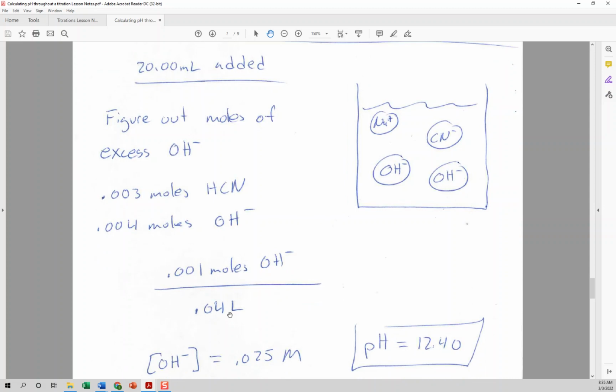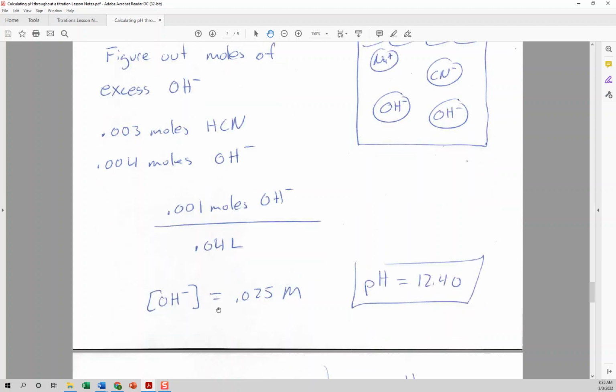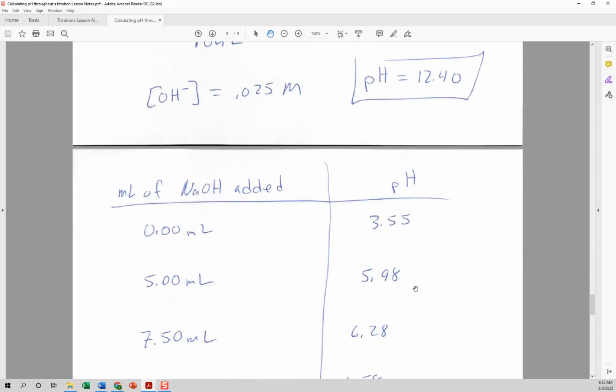Our new volume is 40 milliliters, right? We started with 20 milliliters of the acid. We added 20 milliliters of the base. Our new volume is 40 milliliters, so 0.04 liters. So we get our new molarity of hydroxide. The negative log of that is the pOH. 14 minus that is the pH. So we get our pH. So in summary,